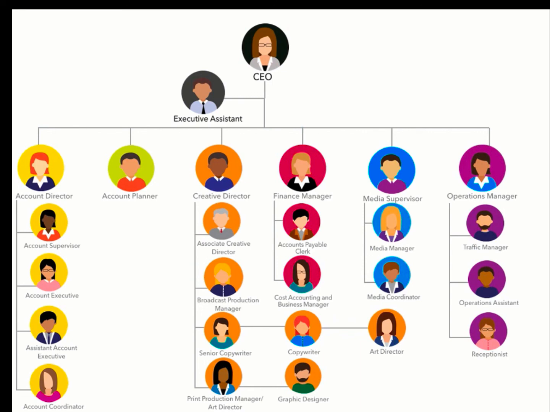So these are the people that are inside a large agency, and they have many assistants. And some agencies are smaller, some may not have media. Some may buy out the strategy, the account planning part. And then as these agencies get bigger and they have these conglomerates that own many, many agencies, they may have certain ones specialize in different areas. I hope you've enjoyed this overview of Inside an Agency.